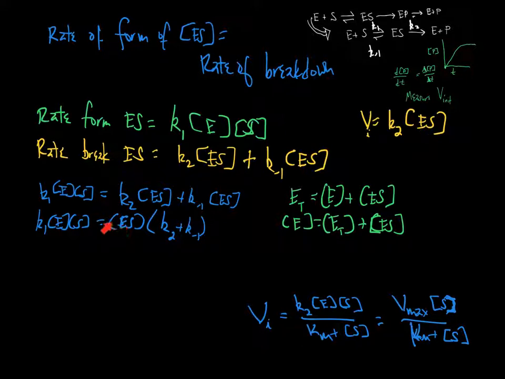If we stopped right here, we could solve for ES. It would be K1 times E times S divided by these little K's, correct? But we just don't know what that E is. So we can substitute in for this E, all of this right here, ES and then ET. So I'm just going to put this over here. It's K1, I'm going to put the S right here, and then for E, big parentheses, it's ET